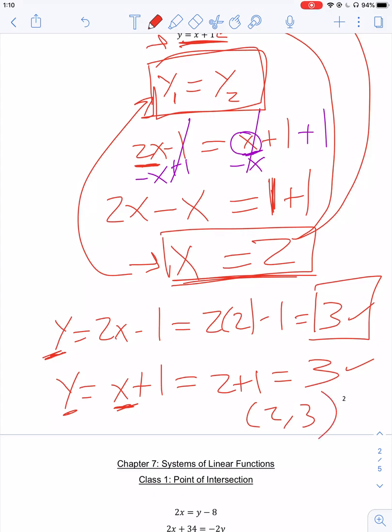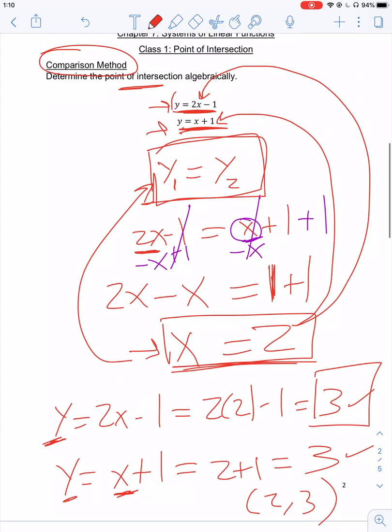That's how comparison works. Once you have the same variables, y and y, you can compare them because it's the same. So just make y equal to y. I put 1 and 2 just to show you what I was trying to do. You don't have to put the 1 and 2, but that was just to distinguish between the top equation and the bottom equation. Okay, so the second question is a little bit more